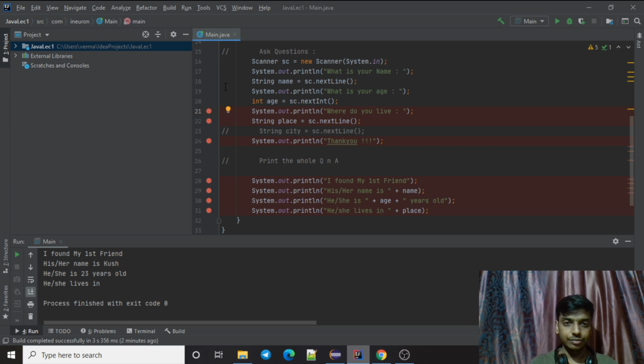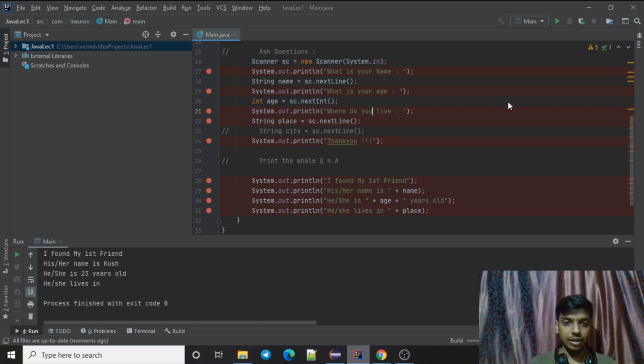Great. This will help you to debug your code, and when you are debugging your code, you should not run your code, because this will run your code in run mode. I'm going to run my code in the debug mode.